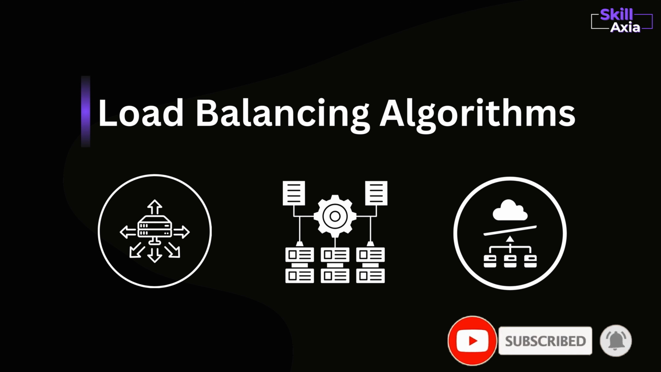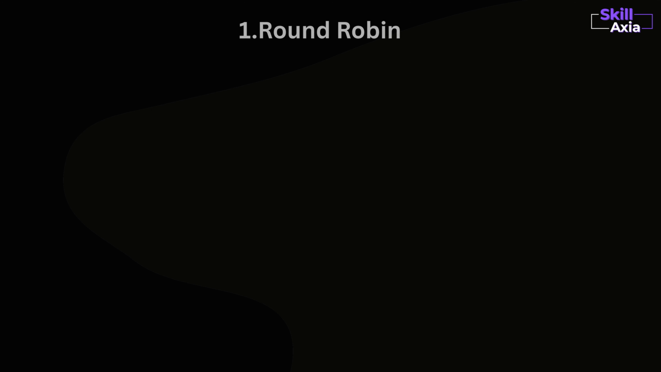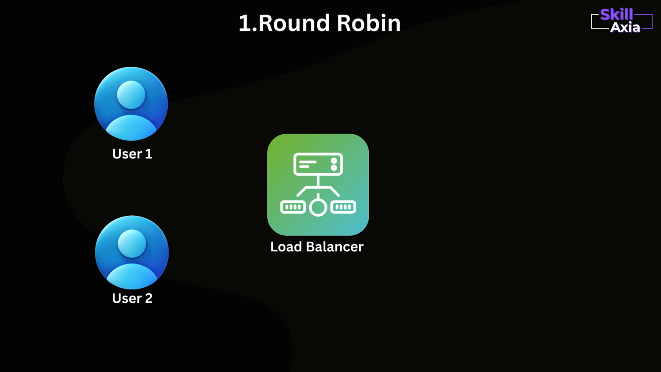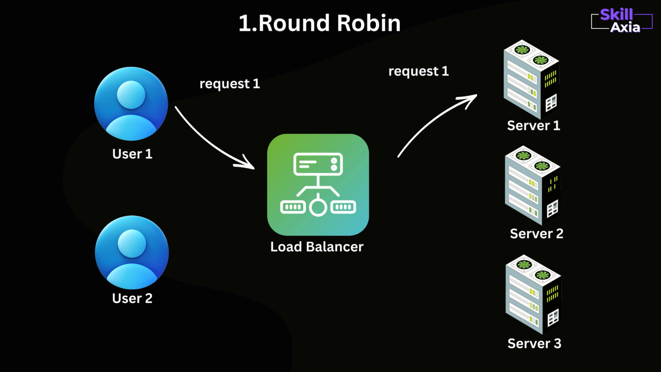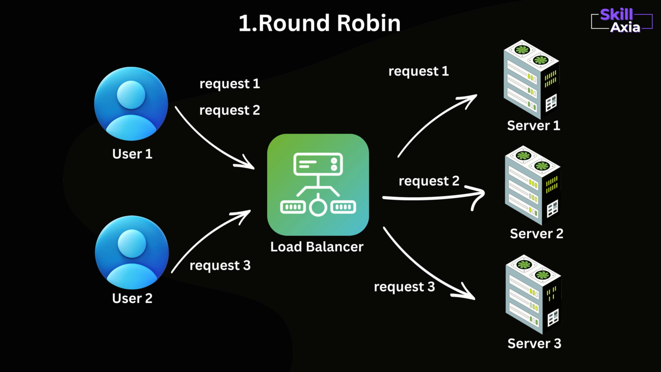To decide which server gets a request, load balancers use different algorithms. Round robin is the simplest load balancing method. Incoming requests are distributed sequentially across all the available servers. The first request goes to server 1, the next goes to server 2, the third request will go to server 3, and once the last server is reached, the cycle restarts from server 1 again. This approach works best when all the servers have similar hardware and performance, as it distributes traffic evenly without considering